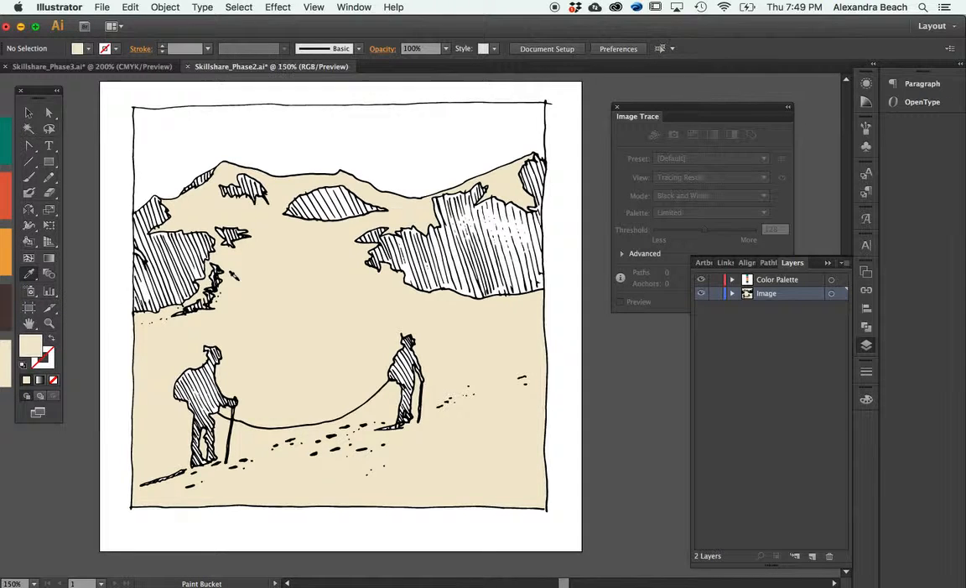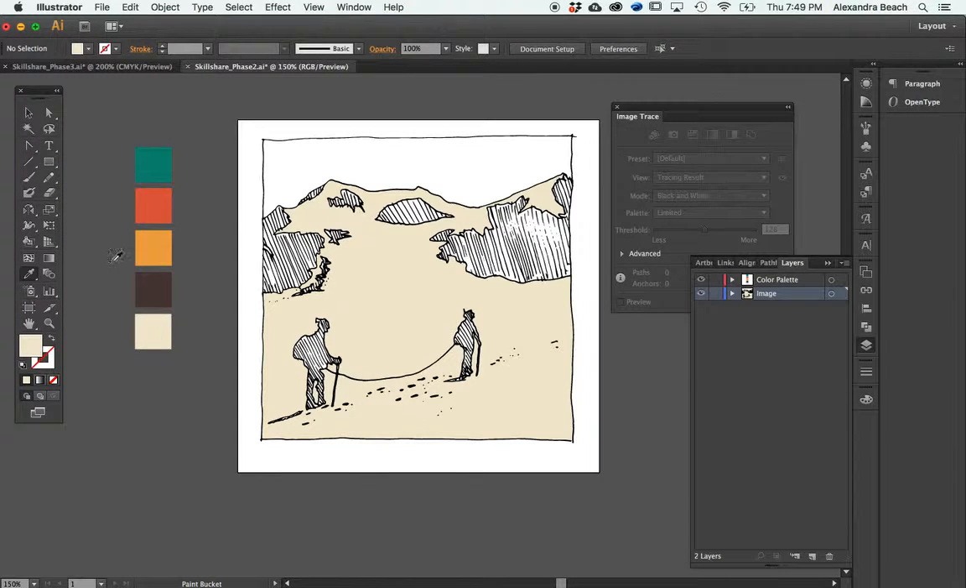Next, I'm going to change color. So zooming out, I have my color palette over here. I'm going to select that deep teal